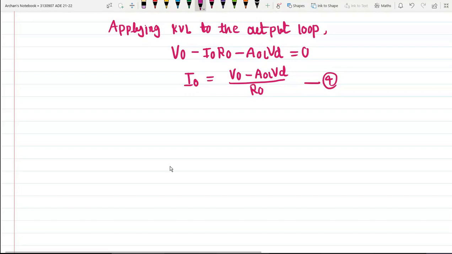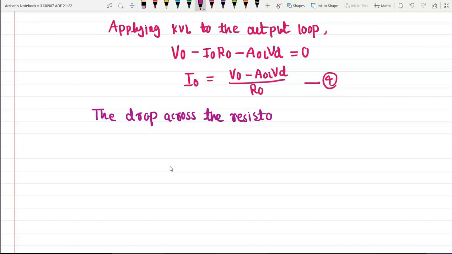The drop across the resistance R1 is Vf. So the difference voltage Vd is equal to V1 minus V2, which is equal to Va minus Vb,